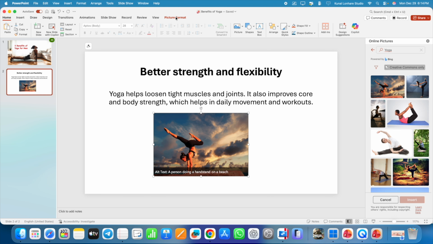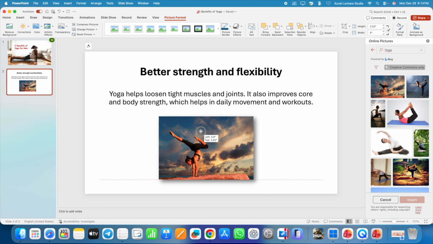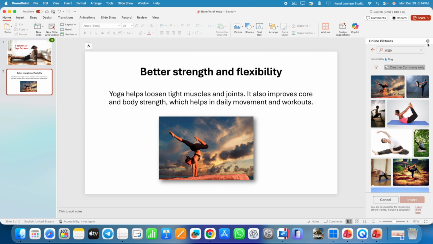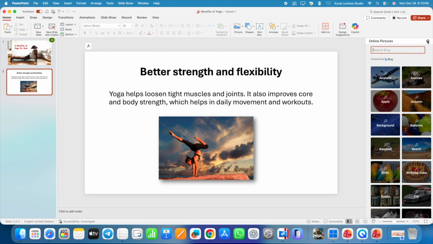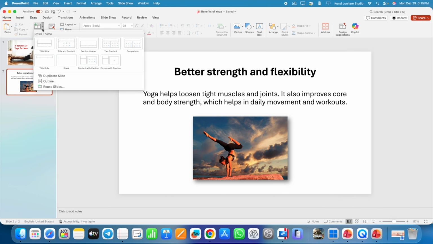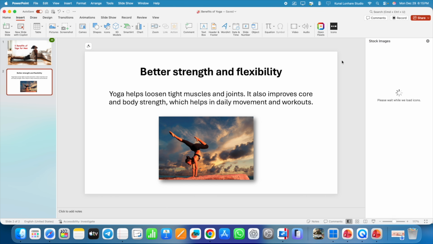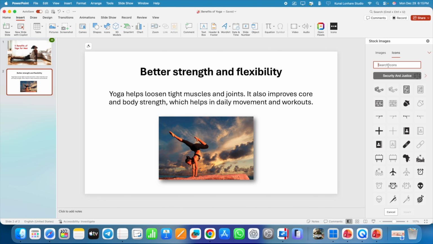Now just go to picture format. You can add some sort of design here, like this. Also you can basically go cross it, and you can cross this as well. You can just go to insert. Now let's also add some icons. Click on this, it will search for some icons, and let's say I can just put block,